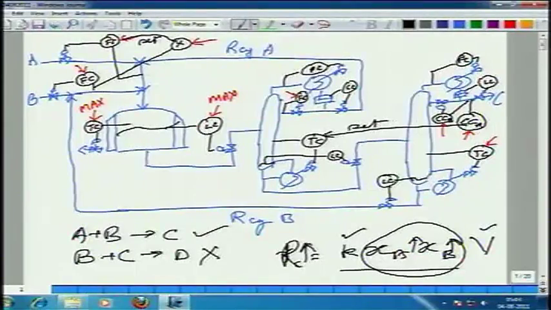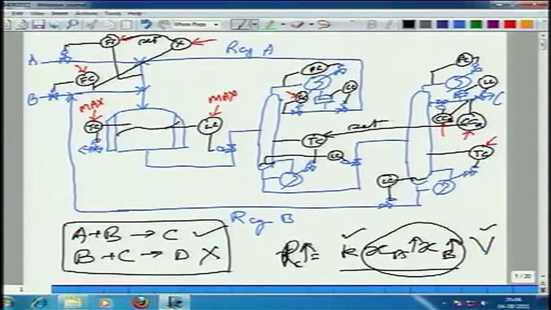X should be greater than 1. Of course, it should be greater than probably 2, 2.5, 3, 4. That depends exactly on what the kinetics of the two reactions are, but basically you will not be operating around 1, you will be operating around 2, 3, 4. So it will not be close to 1. It will be much greater than 1. So then this ratio set point has to be much greater than 1, to suppress the side reaction.